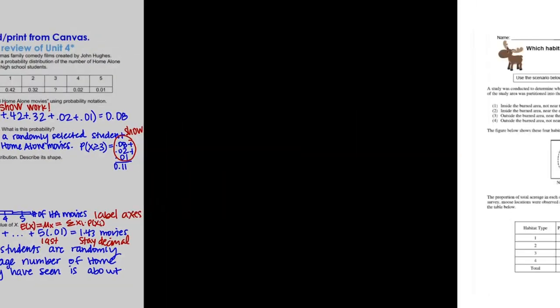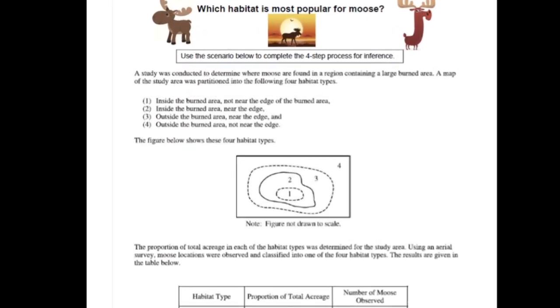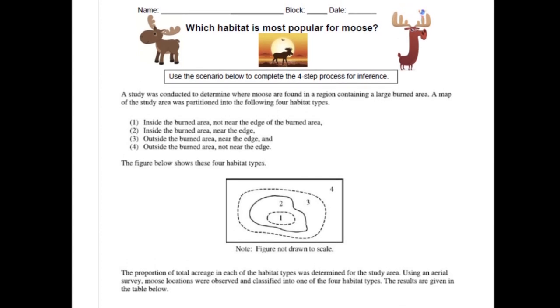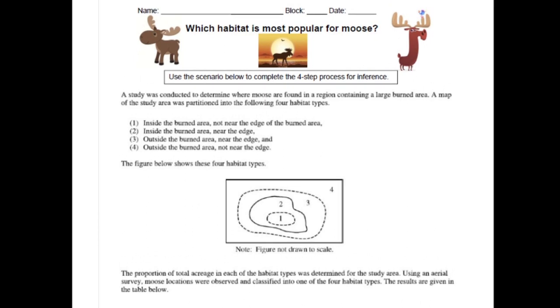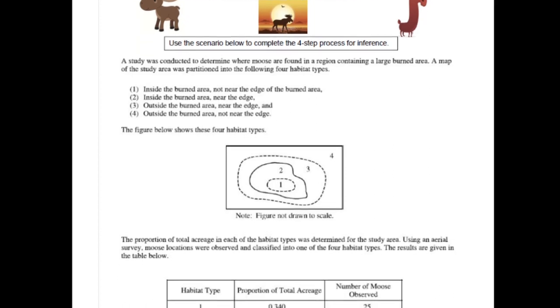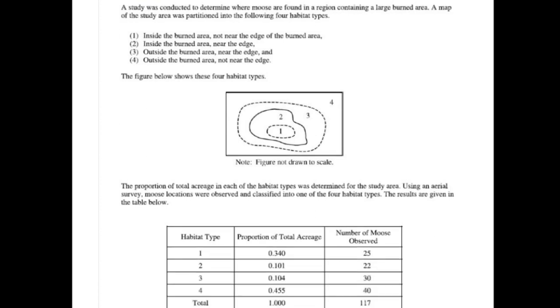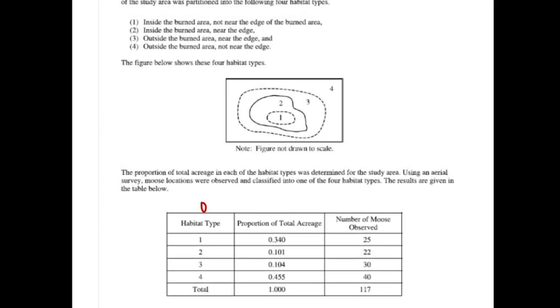All right, so for our activity today, what we're going to be practicing is just more goodness of fit test, but we want to do the whole entire 4-step process. So here's an example, and then I also want to show you how to use rubrics to score yourself. So here's an example of an FRQ from a different year, and we have a bunch of stuff for you to read. The main thing here is that they have this table. This is really a